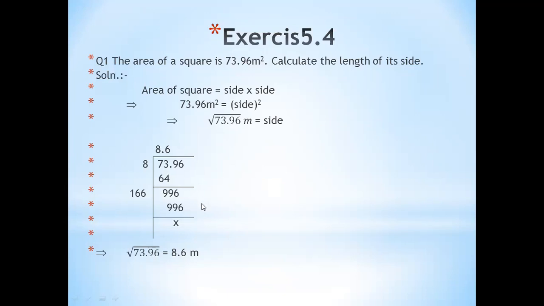So by the division method we find the square root. You know that when we find the square root by division method, we first make pairs. 96 is the first pair, and the second pair is 73. So first we solve 73. To solve 73, we multiply the same numbers. 7 sevens are 49, which is less than 73. 8 eights are 64, which is less than 73. 9 nines are 81, greater than 73. Therefore we take 8 eights are 64. So 73 minus 64, we get 9.